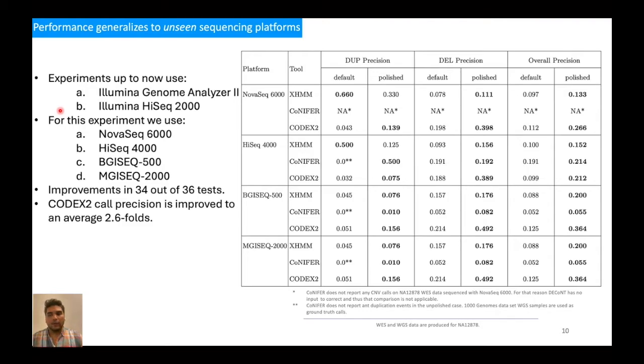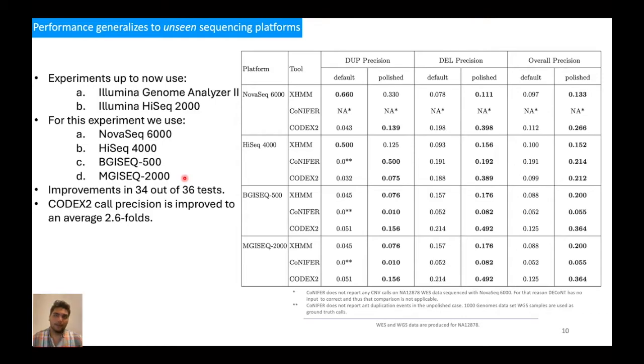We obtained the exome data for this test using 4 different sequencing platforms: NovaSeq 6000, HiSeq 4000, BGISeq 500, and MGISeq 2000. Even though DCONT has not seen the read depth information or the CNV event on these sequencing platforms, it still can generalize from the training on the 1000 genomes dataset and still can substantially improve the performance of XHMM, Conifer,